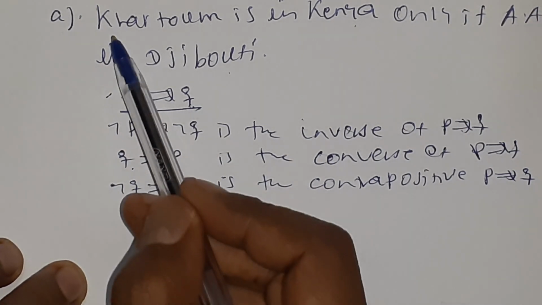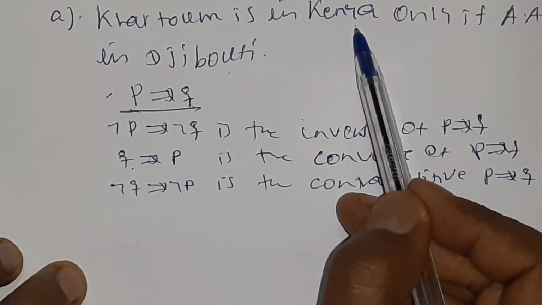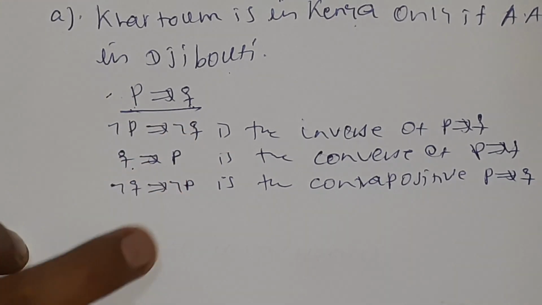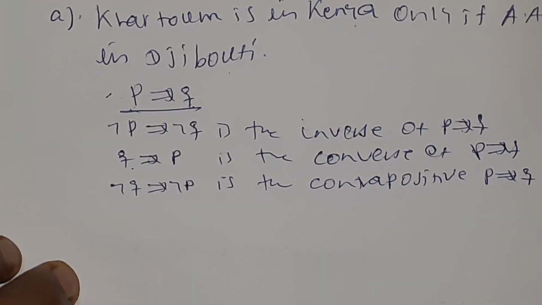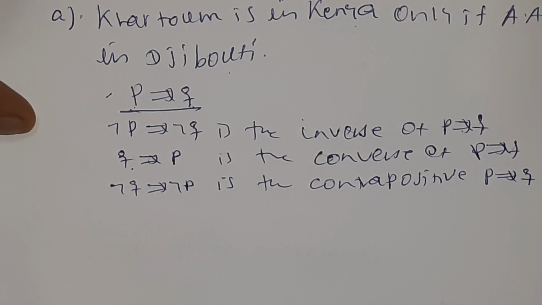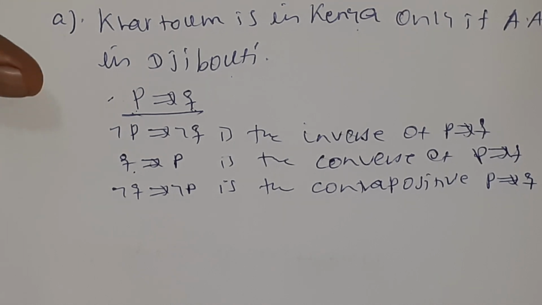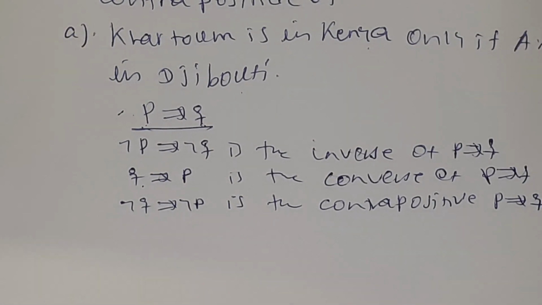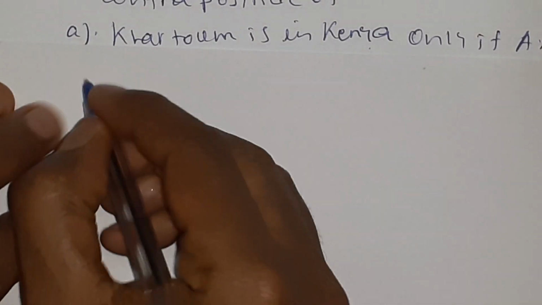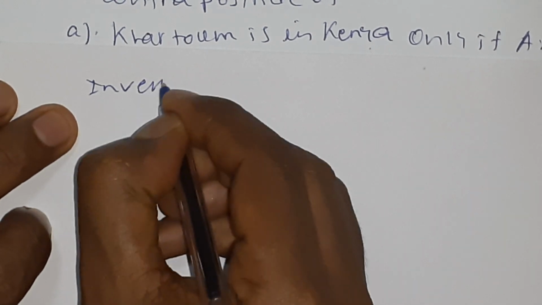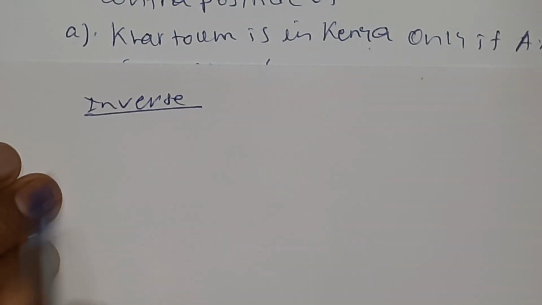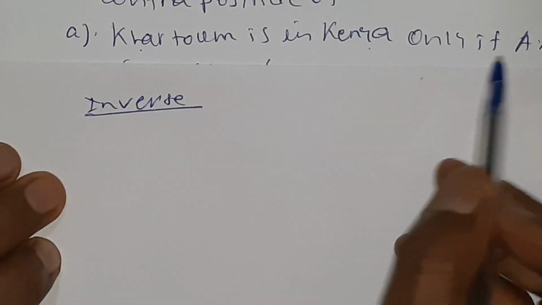So Khartoum is in Kenya is P, that is the if statement, and Addis Ababa is in Djibouti is the conclusion, which can be represented by Q. Therefore, the expected inverse of this statement would be to take the negative of both the if statement and the conclusion,